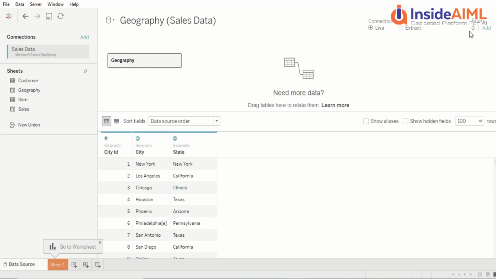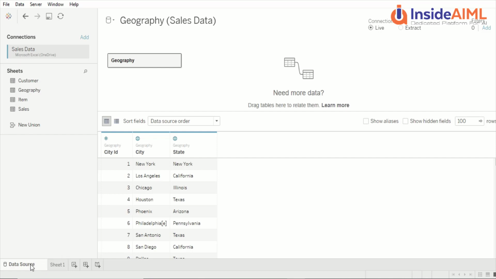So now this is coming, and now this is live connect and extract. Again, two options you have, which you are going to have in the Tableau main version. So you can go ahead and choose those. And live is something where we're going to query it back from the OneDrive, and extract means we are going to have it here. So continue with those options the way you want it. Now we can connect and create a schema and do it, but we will show you all these steps. We have shown you a little bit here, and we will show you again there, but we just wanted to show you connectivity. So let's jump into one more source and see, can we easily also connect with Google Drive.